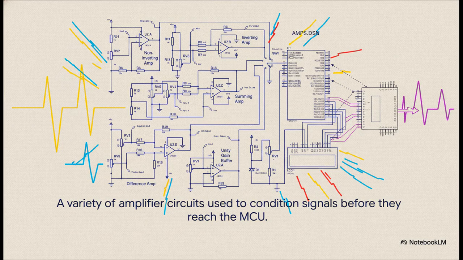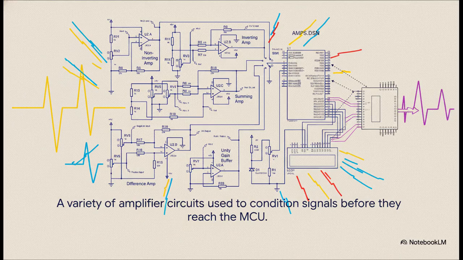Now, this schematic might look a little intense, but really it's just showing a few different ways to use the same basic building block. See up top the inverting amp and non-inverting amp? Those are both just used to boost a weak signal up to a level the microcontroller can read easily. Then you have things like a summing amp, which can actually add signals together. The key takeaway here is that we use these simple op-amp circuits to prep the signal before the ADC even